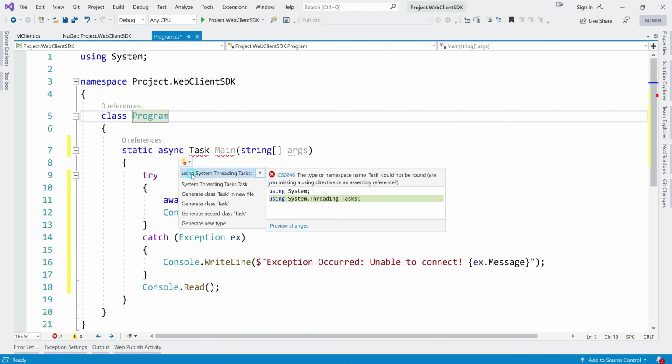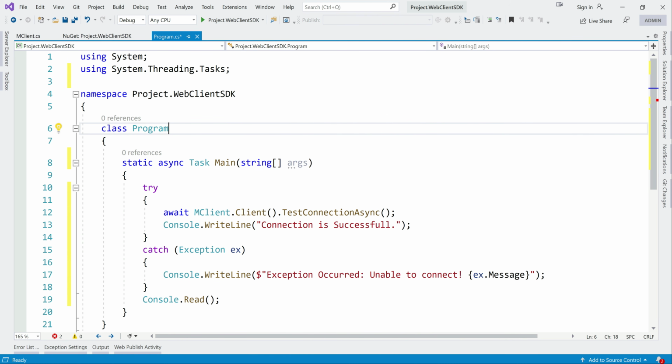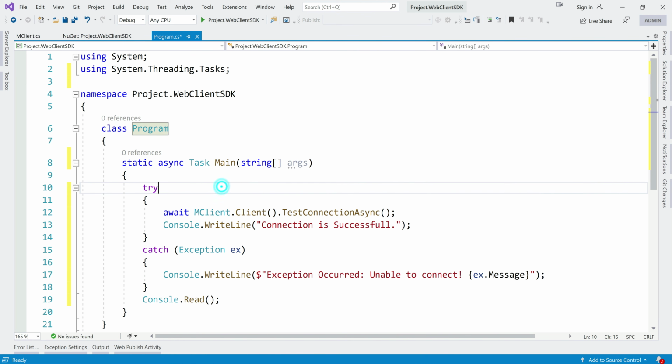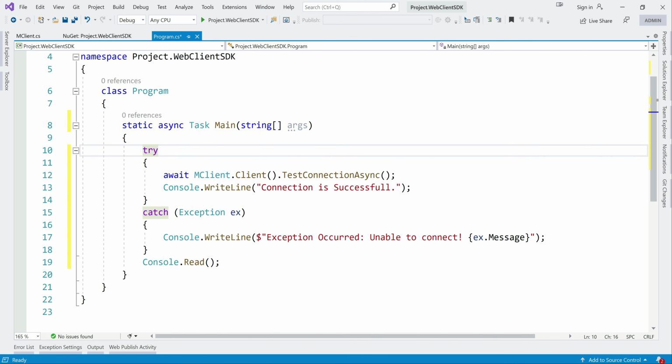So using System.Threading, yep, all these things. Web Client SDK provides us a way to test the connection first before writing any queries or doing any operations. There is a TestConnectionAsync available. If everything works out and it is able to make the connection, then it will be successful. If not, it will throw an exception.